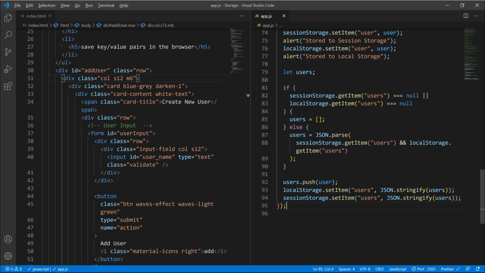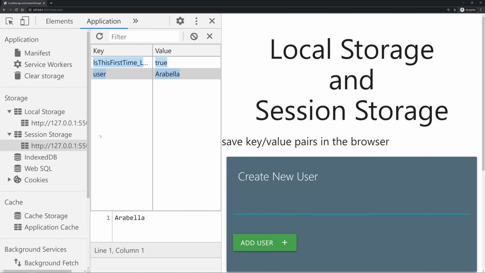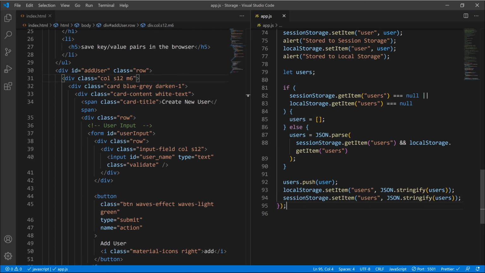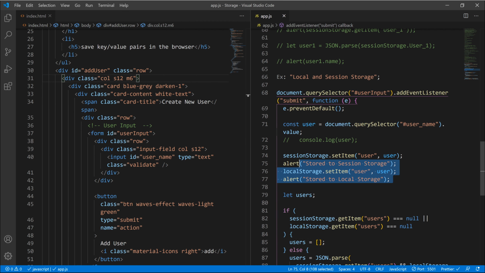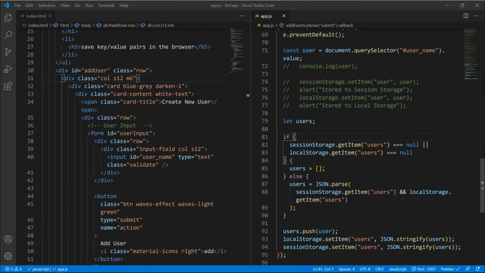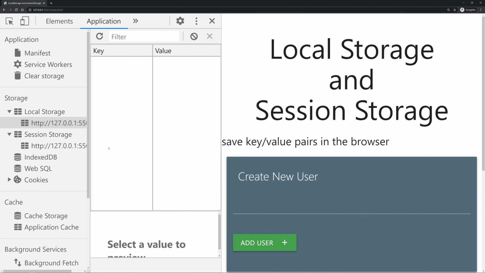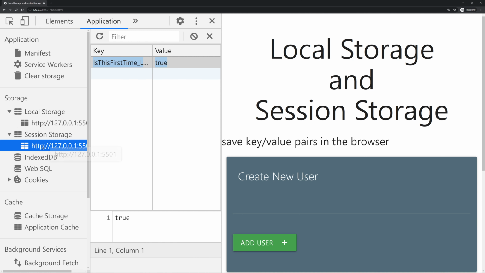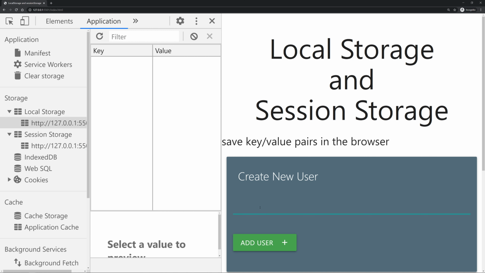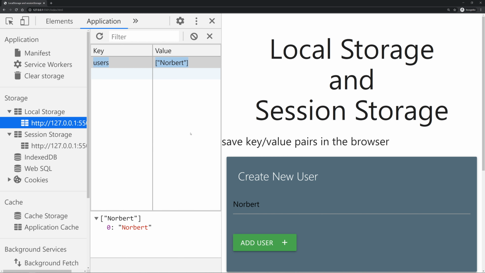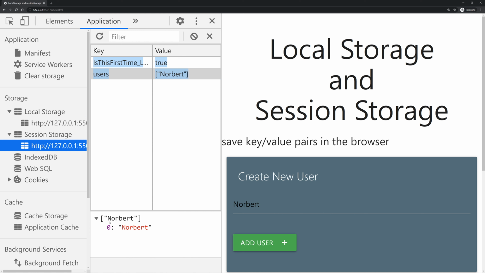Okay, so let's try this out. Actually, we need to comment this part out. We don't need this anymore. We only need this, exactly. Let's hit save, go back here, and actually let me delete everything. So let's refresh again, everything is empty. Yep, so let's store Norbert. Yep, Norbert has been stored to both session and local storage, and as you can see, now it is in